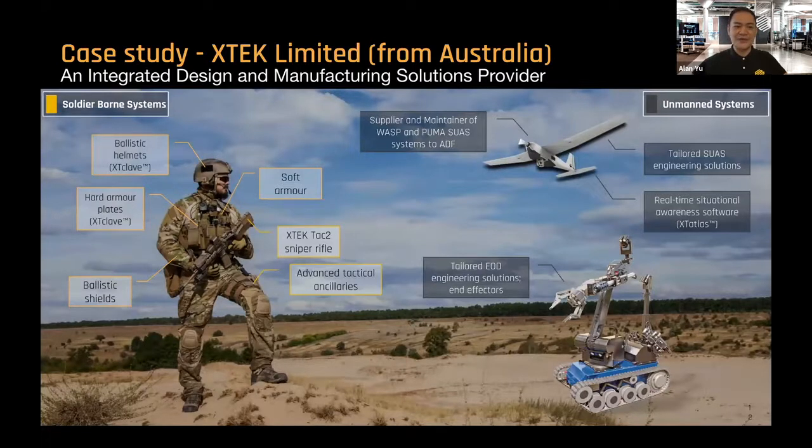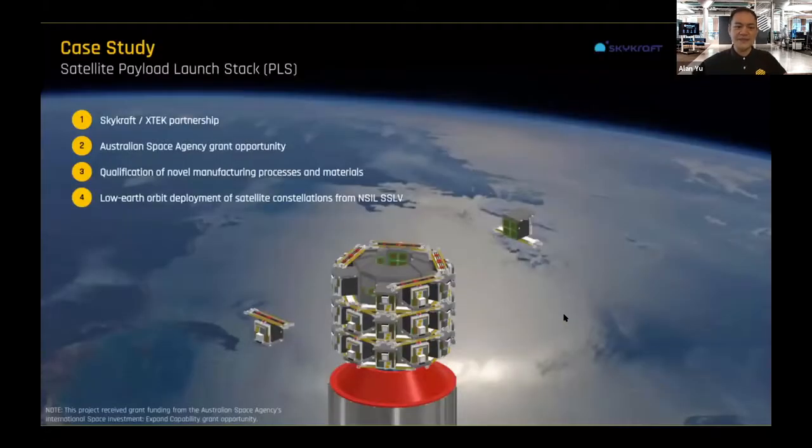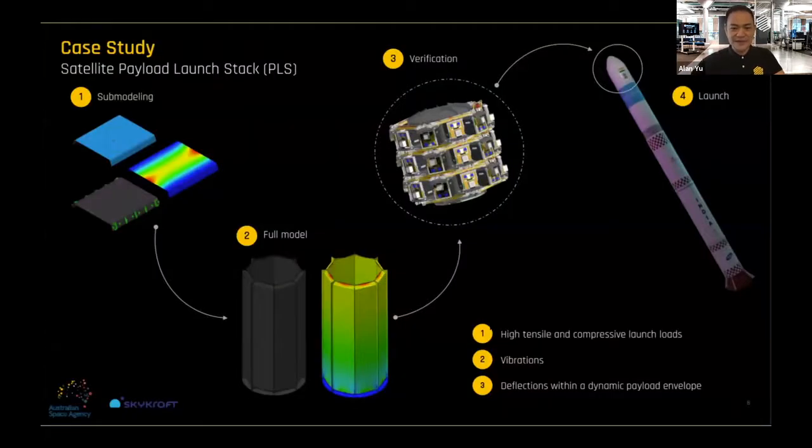Xtech is a company that focuses on military applications and also expands the solution to space exploration. So here they are building a satellite carrier fixture in a rocket, right? So actually they need something fast, strong and reliable for them to build their prototypes. So basically the part right here you can see is number 3, right? So that is the cradle set,